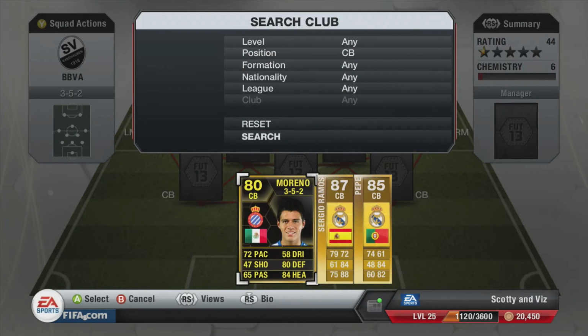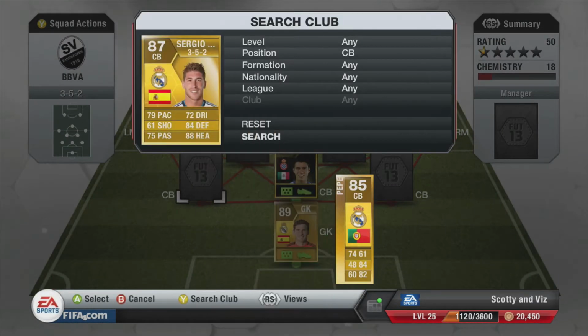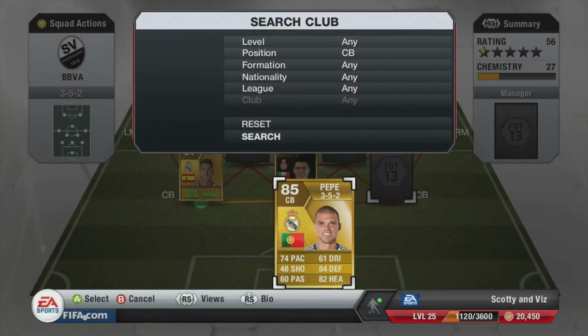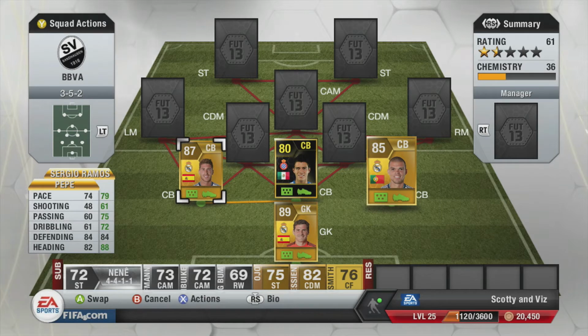But, moving on to our three center backs, we have inform Hector Moreno in the middle. On the left flank, we have Sergio Ramos, and on the right flank, we have Pepe. Now, I'm sure all of you guys have seen Pepe and Ramos before. They are both great defenders. Really good stats across the board. I think one of the reasons they're some of the most used defenders in the game is because, well, one, they both have pretty high pace for center backs, and two, great defending, and also they're kind of